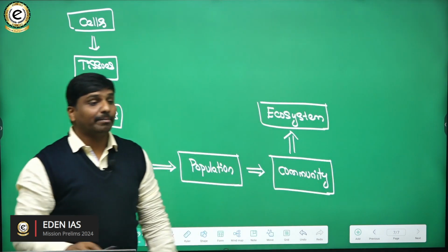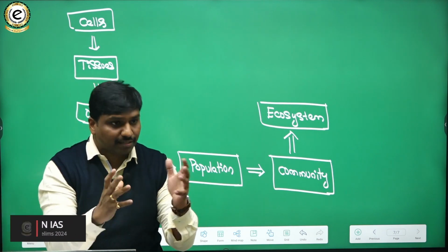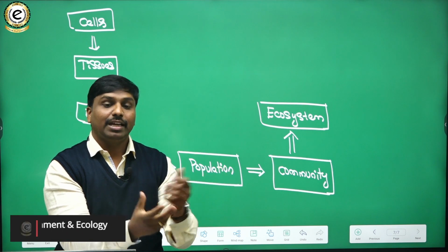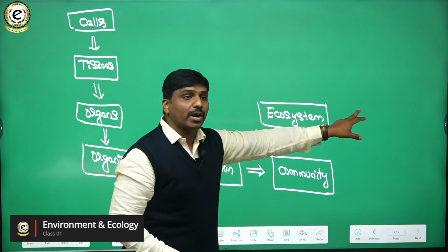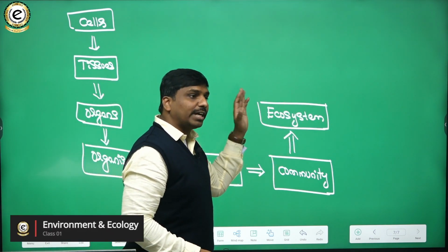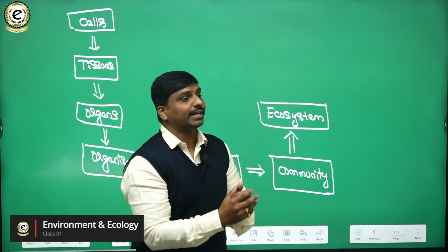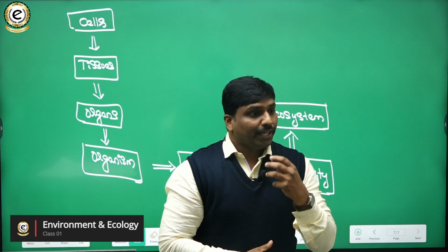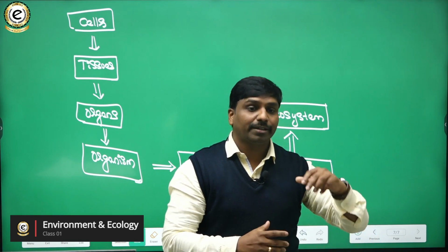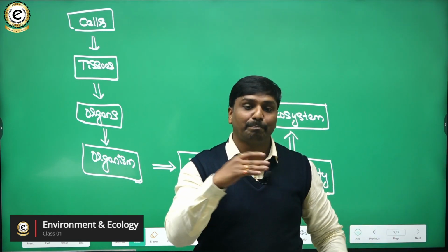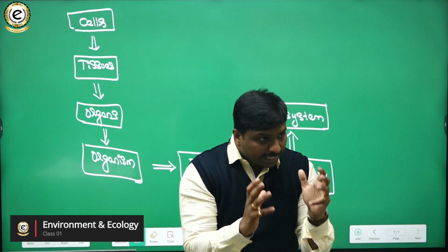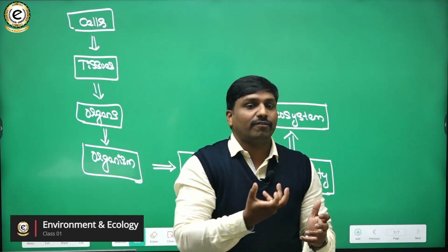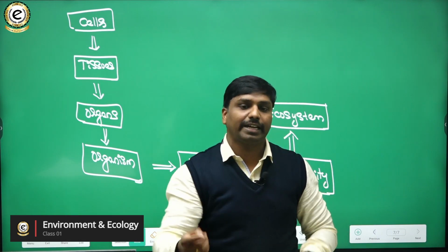Ecosystem. So the name itself is talking with respect to a system. System means a complex of coordinated units. Eco means related to environment. So in the environment, there would be a complex of coordinated units. That means units of an ecosystem are nothing but abiotic components and biotic components. So in an ecosystem, there would be a systematic interaction of organisms among themselves and with their environment.